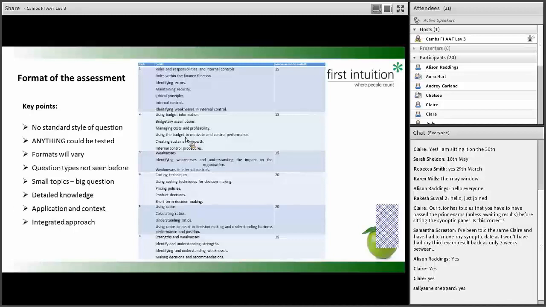Now, I'm sure lots of you who have already sat some assessments at level 4 have noticed that they're much more difficult than level 3, and there's quite a big jump up, and the style of questions is much less predictable. At levels 2 and 3, questions follow a similar format from sitting to sitting, whereas at level